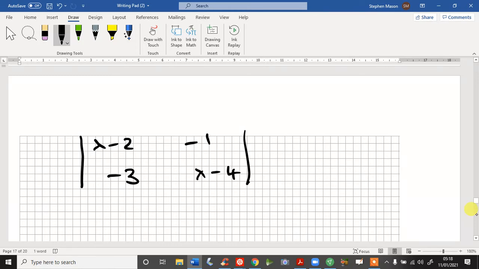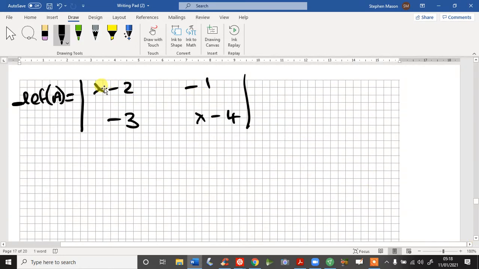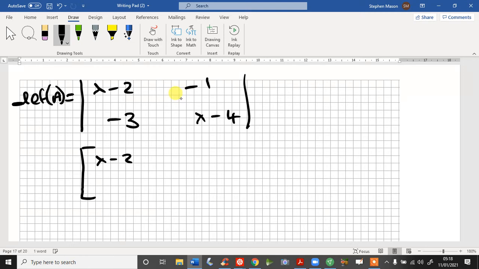That was the determinant anyway. But if we take what we have and rewrite this as the matrix lambda minus 2, minus 1, minus 3, and lambda minus 4 multiplied by the column vector x and y,